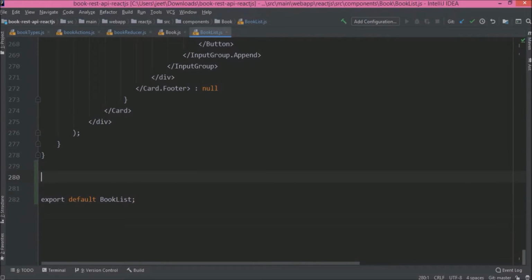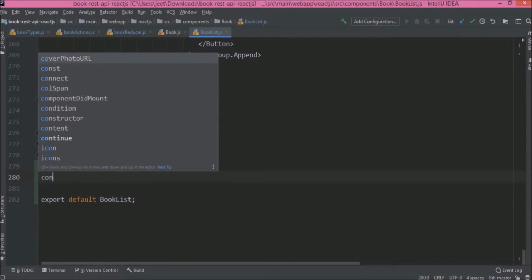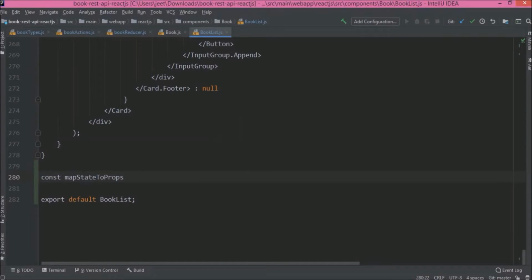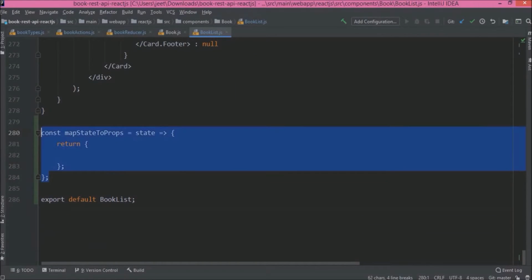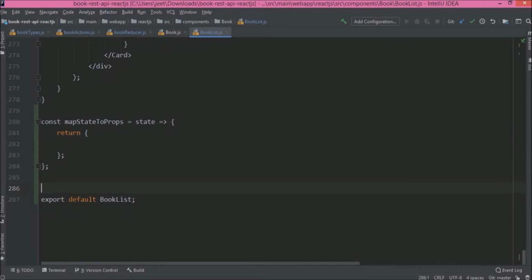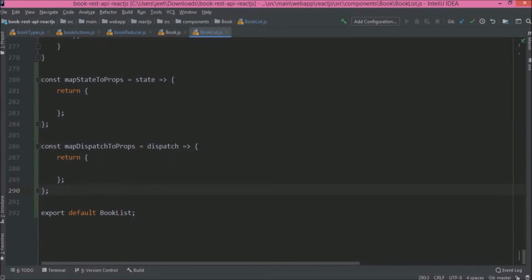Now let's create two constants like map state to props and map dispatch to props. Here, using connect function, let's pass both the constants.